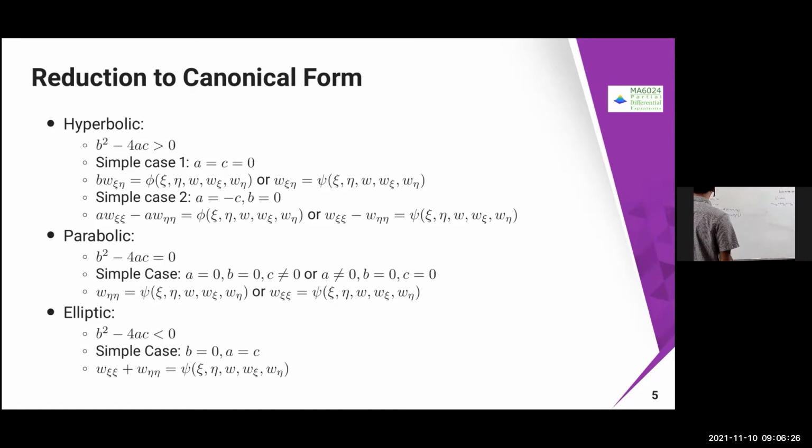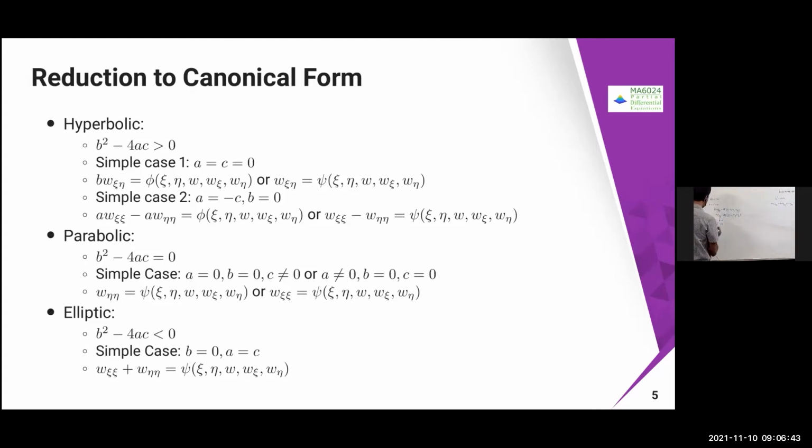So in this case, it is going to become like this. It is going to become like b is 0. Okay, b square minus 4ac. Therefore, it is going to become like a is minus c. Therefore, it is going to become like 4a square. So 4a square is going to be greater than 0.